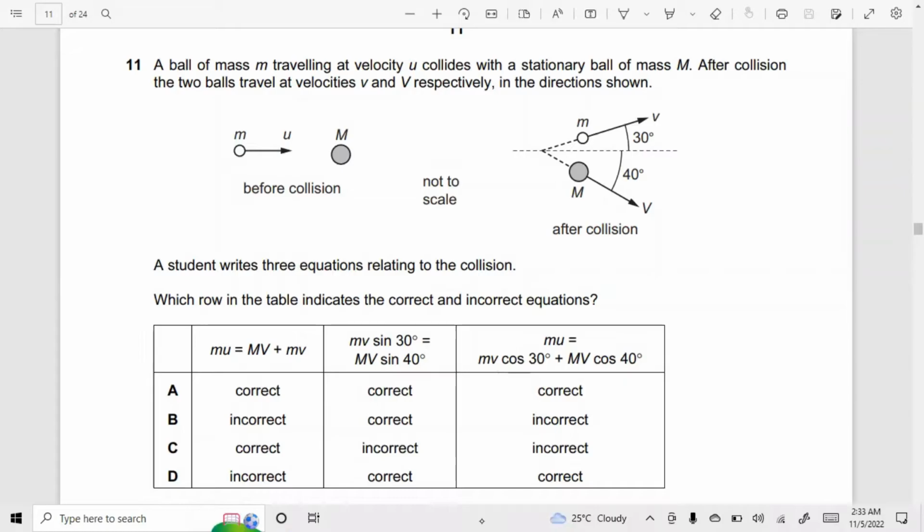A ball of mass m traveling at velocity u collides with a stationary ball of mass capital M. After collision, the 2 balls travel at velocities m and v respectively in the directions shown. A student writes the 3 equations relating to the collision. Which row in the table indicates the correct and incorrect इक्वेशंस।